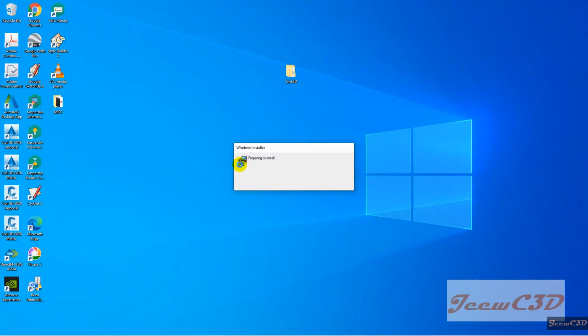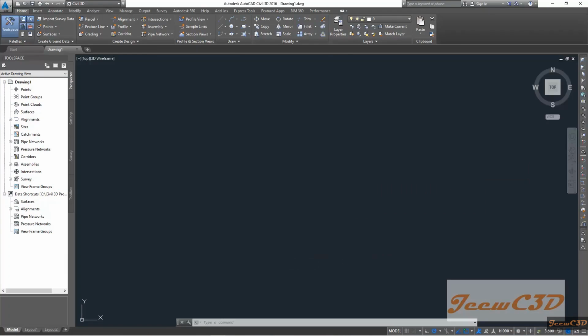After some time it will be loaded. Now you can see my Civil 3D software has turned on. This is the basic interface of Civil 3D software. Depending on your version, you may see some small differences in the basic interface, but more or less this interface is the same. You may have something called Drawing1, and I will now explain the